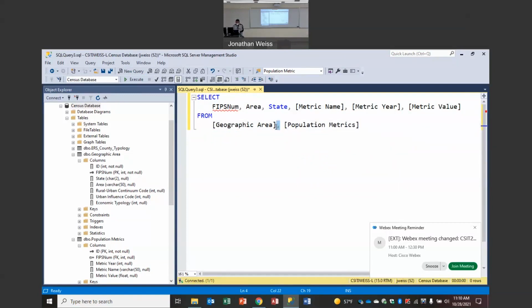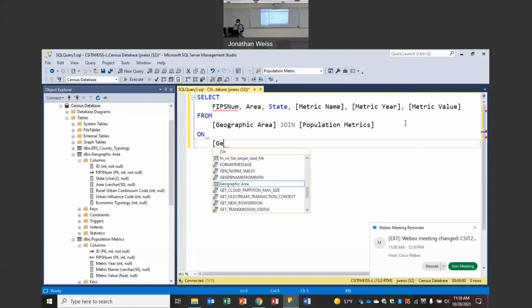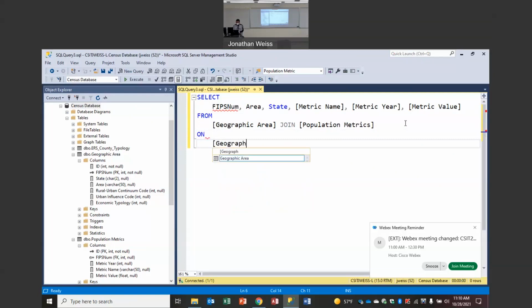We'll do this the join way. We could have even just copied the other query. We know we needed this on geographic area. We need the join predicate, Phipps num equals